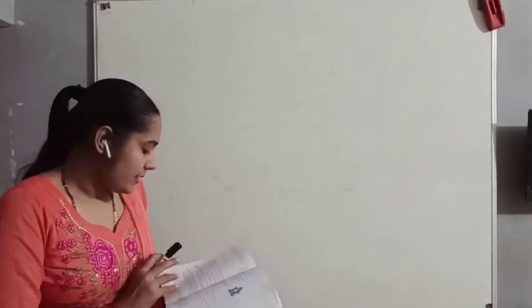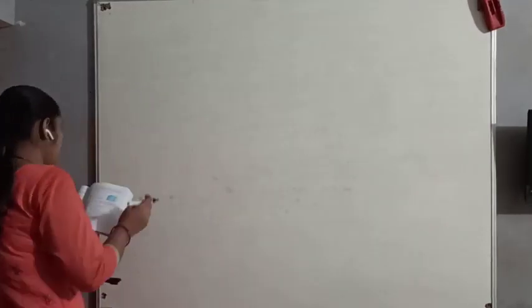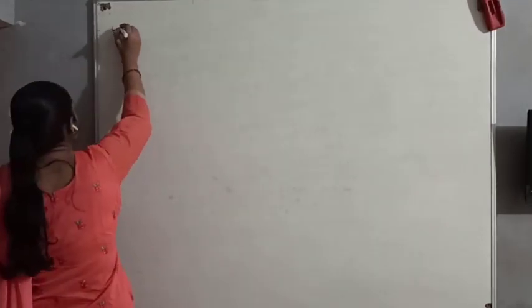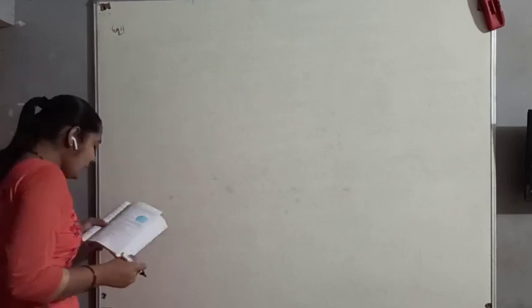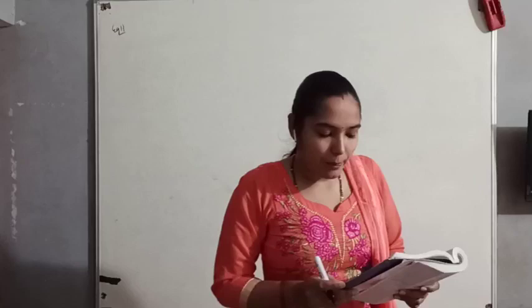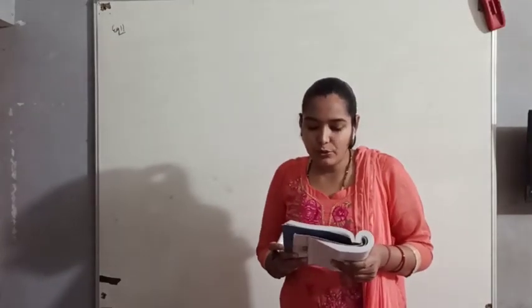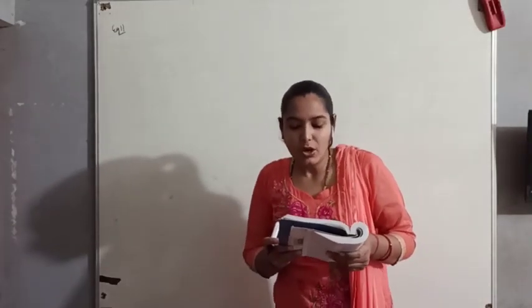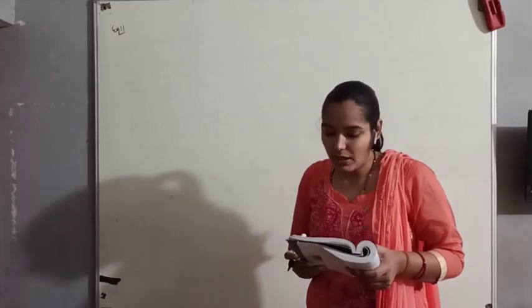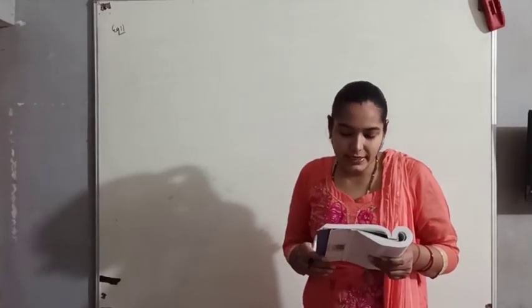Good morning, students. Next exercise is exercise 13.5. First example is: a wall of length 10 meter was to be built across an open ground. एक wall given है आपको और wall की length given है 10 meter. Was to be built across an open ground. एक open ground के around बनाई गई है.